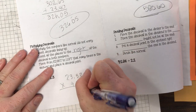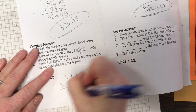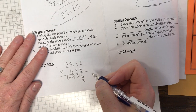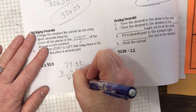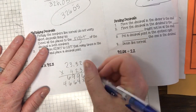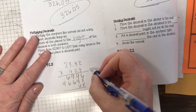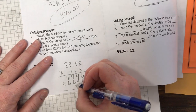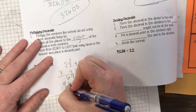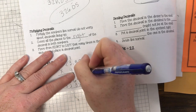So 3 times 2 is 6. 3 times 3 is 9. 9 again, and then 6. And then I put a marker spot like this. You do it how you do it, okay? 2 times 2 is 4. 2 times 3 is 6. 6, 4. Then my last one is 2 marker spots. I kind of wrote too big. 4 times 2 is 8. 4 times 3 is 12. 4 times 3 is 12 plus 1 is 13. And then 9. So if I add it up all the way,